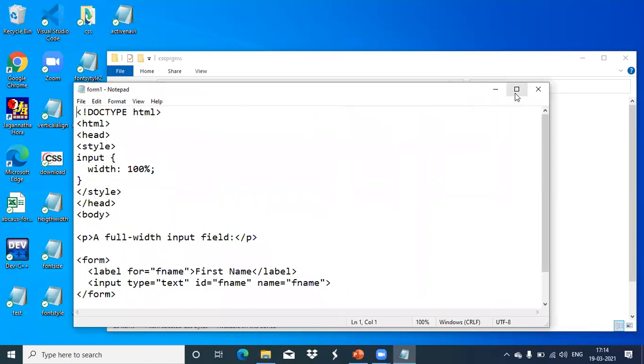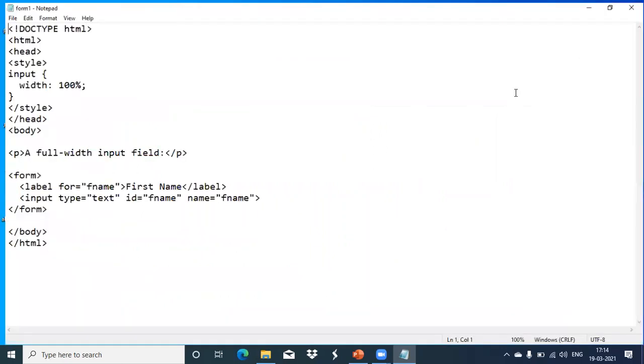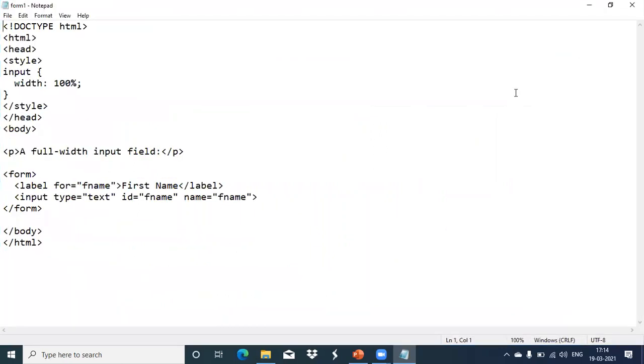So, what all things do you remember in the form? You can type in the chat. What all things we have learned is, we have a form tag, we have an input tag. In that, different input types we can create. We have a text input, we have password input, then button, meaning submit button type of things, radio buttons, checkboxes. All those things are input types.